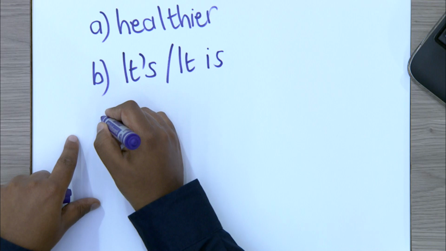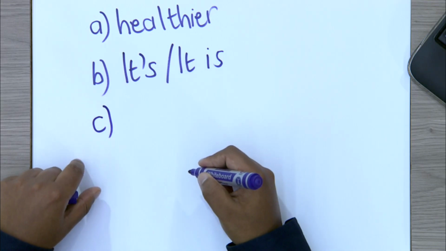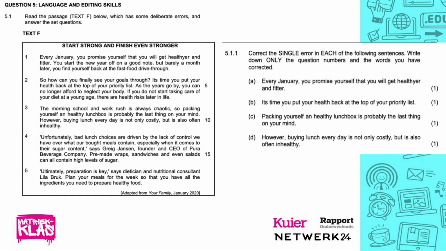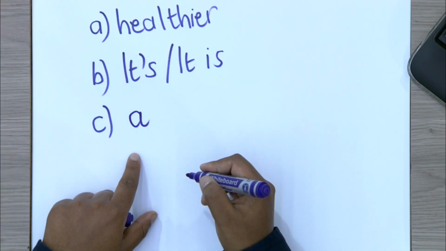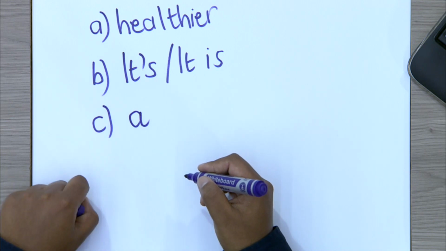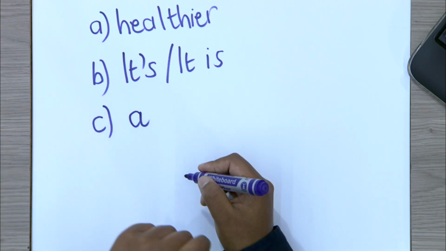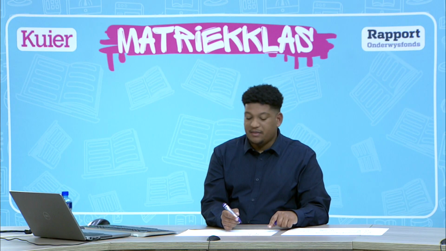Okay? Number C, packing yourself an unhealthy lunchbox is probably the last thing on your mind. That should be a and not an, because the an would fit in with what? Another vowel, right? If it was an unhealthy, then it would have worked. And then the last one,